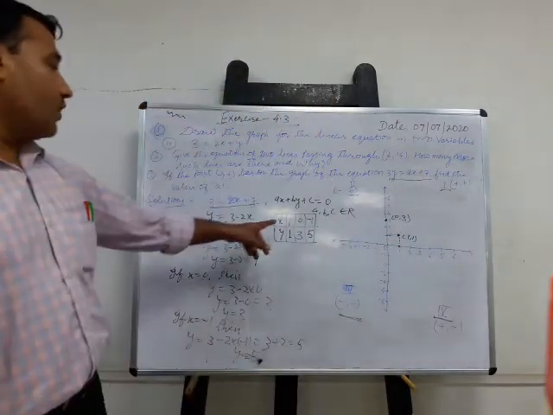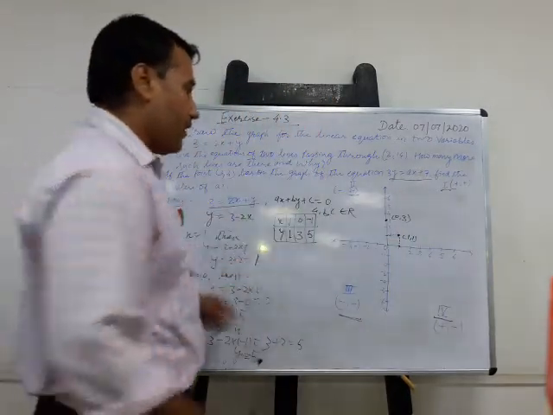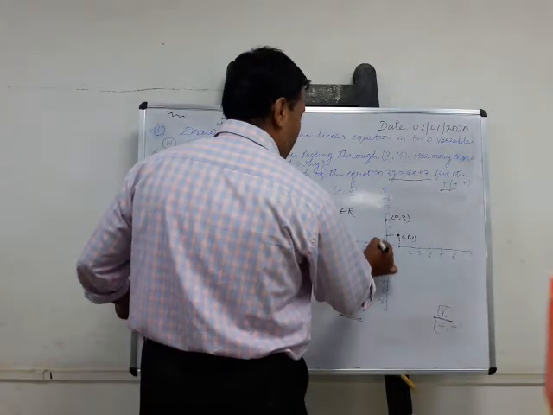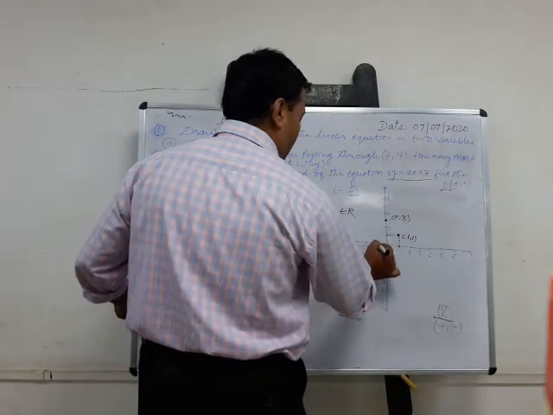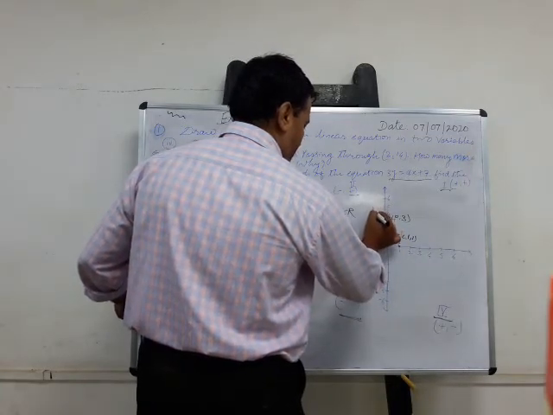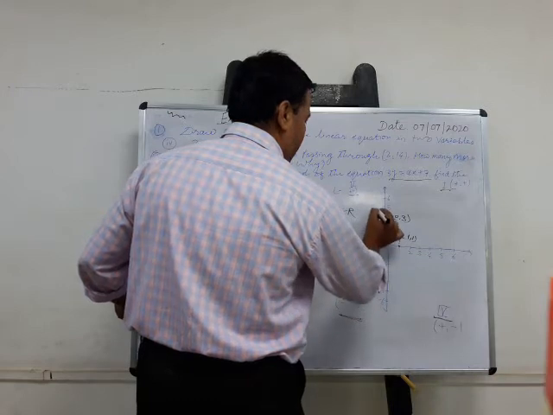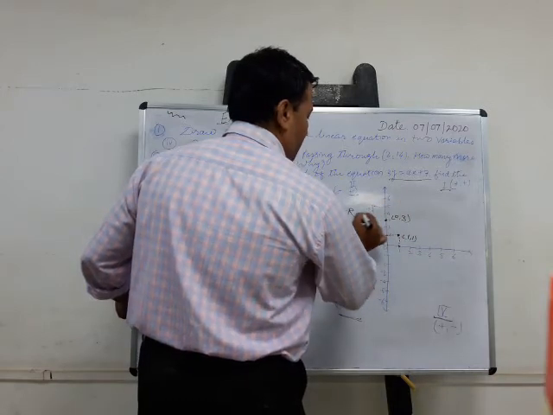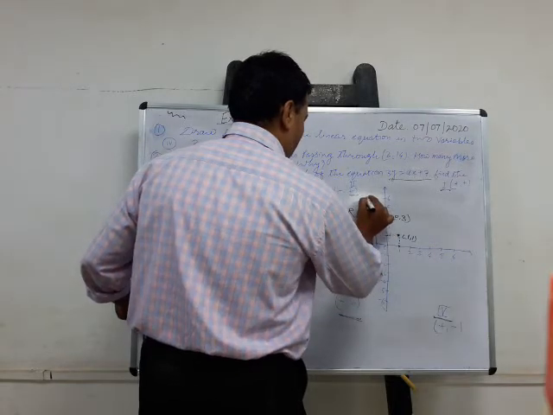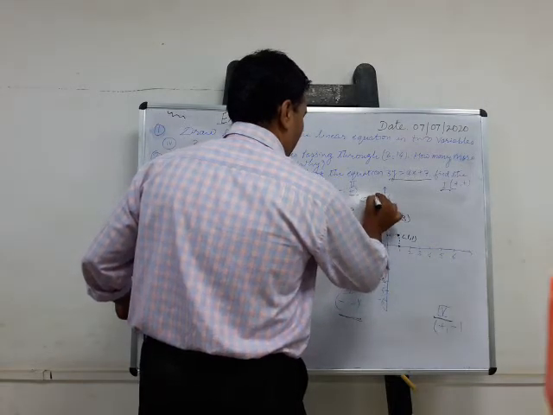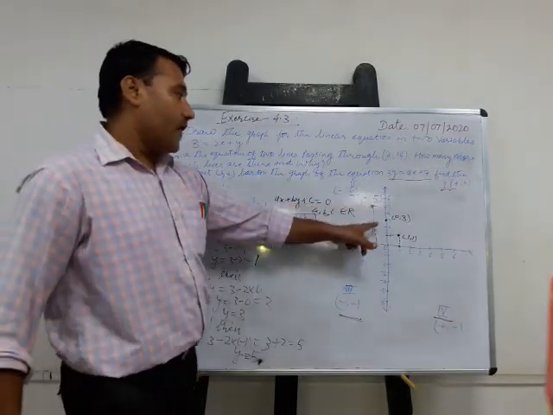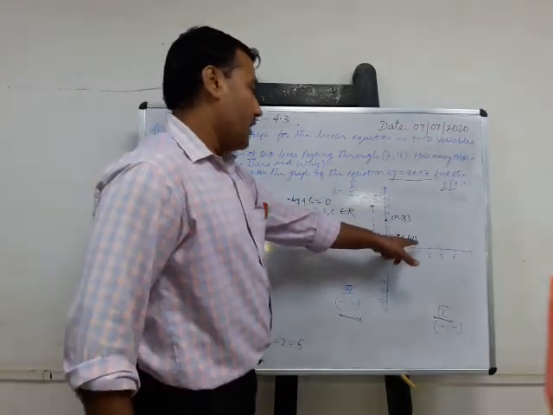Clear? Now x = -1 and y = 5. x = -1 is over here, and y = 5 is upward. Draw the perpendicular dotted lines, here and this one. The point of intersection is (-1, 5). So you have plotted 3 points, children: (-1, 5), (0, 3) and (1, 1).